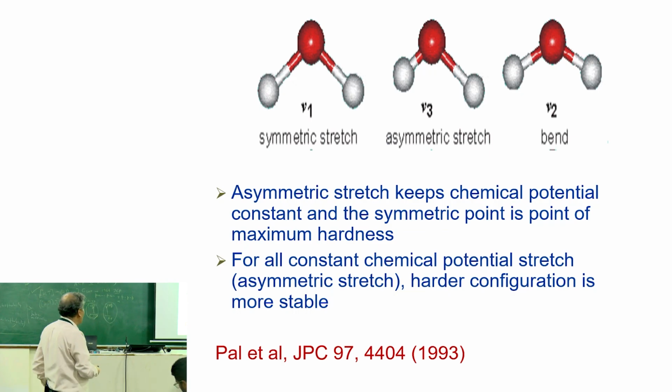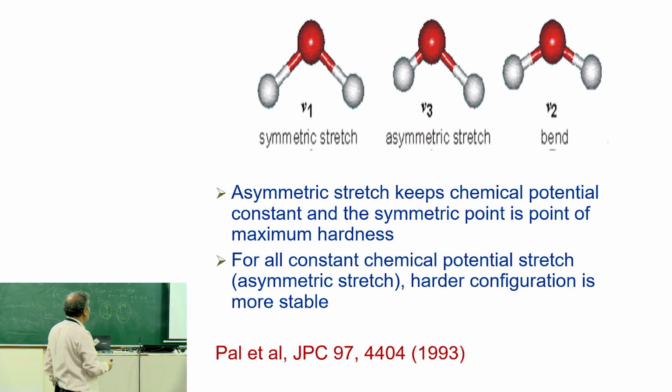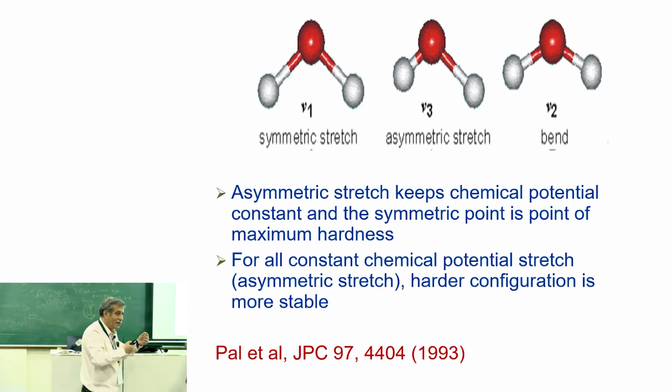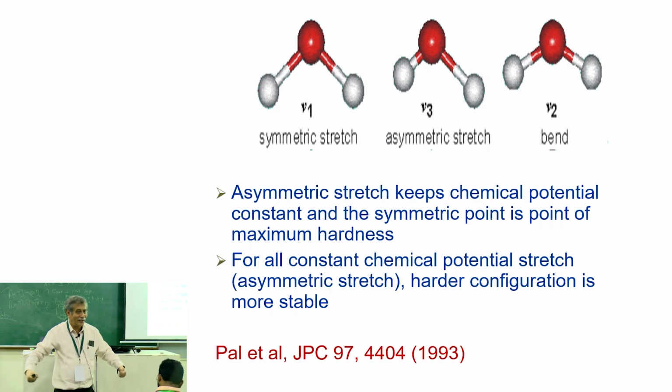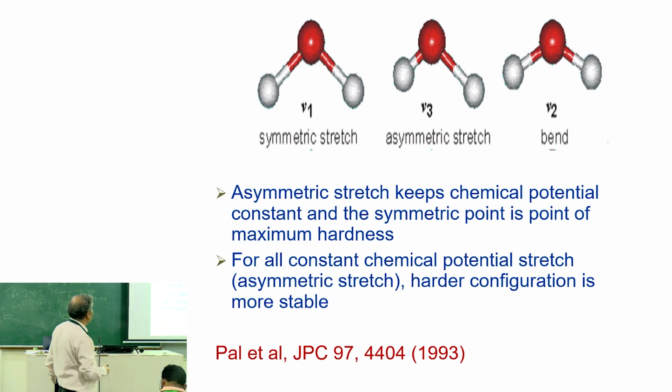And I thought, let us do this. So we generated equichemical potential points by simply trial and error. If you keep on doing a symmetric stretch, it will never be equichemical potential. Chemical potential will keep on increasing or decreasing, right? That's monotonic. So the only way to keep it constant is to stretch one bond and decrease the other bond. And then among all those points, we found that indeed this symmetric one is the most stable.